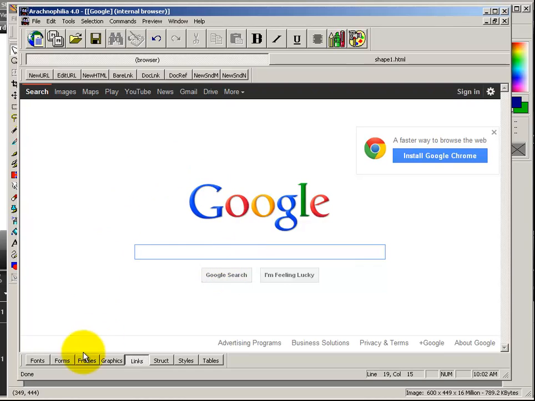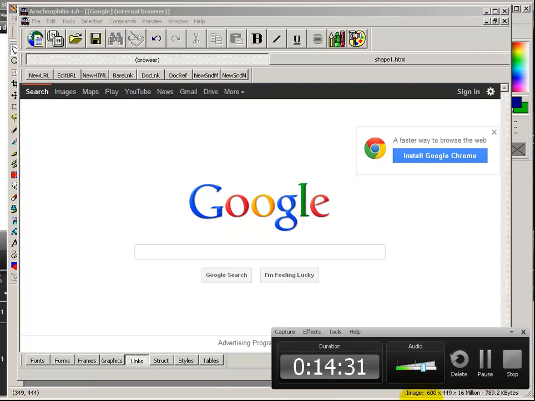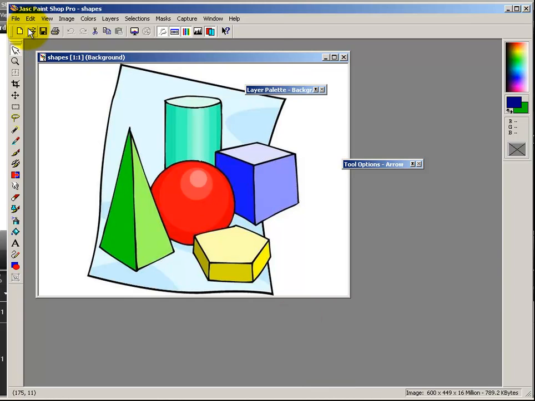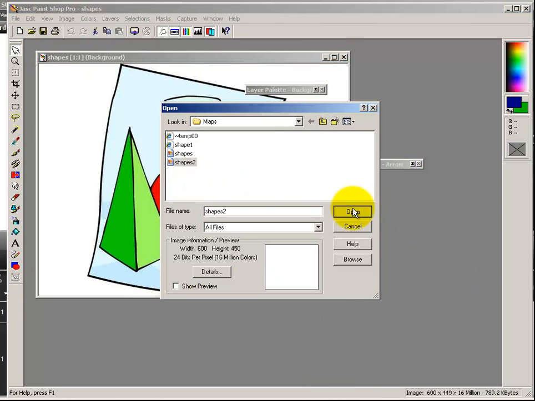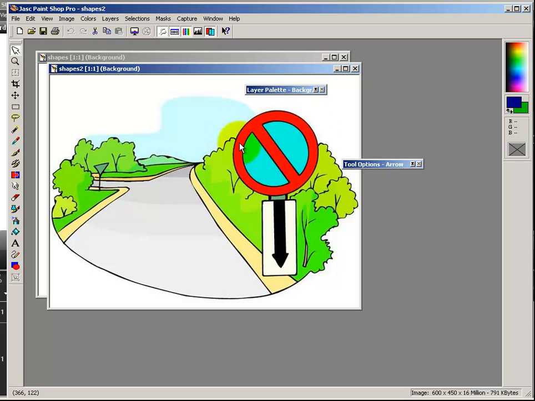Okay? So now your job is to use shape 2 and do basically the same thing. And I want you to upload it, put it in the Dropbox in a folder called Maps. Okay? I want you to put your picture file and your HTML document in your folder inside the Maps folder so that I can see that your coordinates and everything work. So picture 2 is going to look like this. You're going to do this sign, and you're going to do this, and you're going to